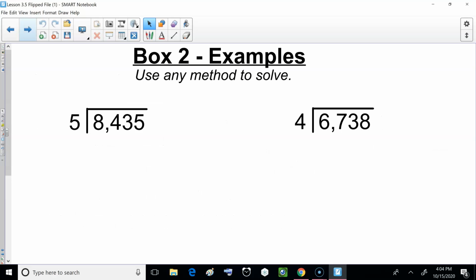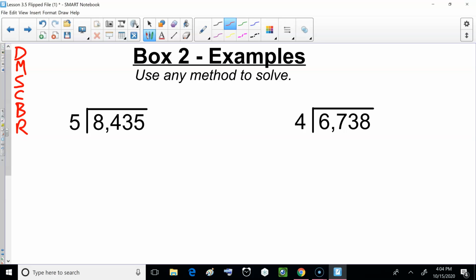So once again, notice 4-digit dividend. That's the number that's being divided. So I have a 4-digit dividend for both of these. So we have 8,435 divided by 5. So just as a nice little helpful hint and reminder like I do, does McDonald's sell cheeseburgers really? So just a little reminder for myself to keep it up there in case I get lost partway